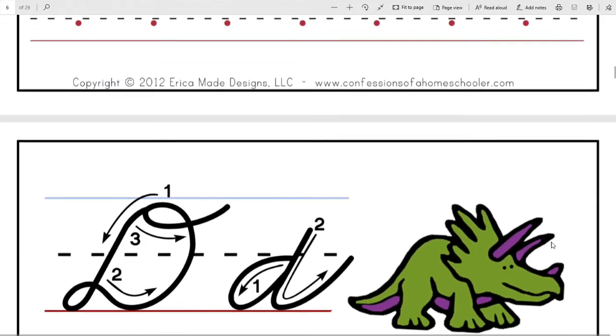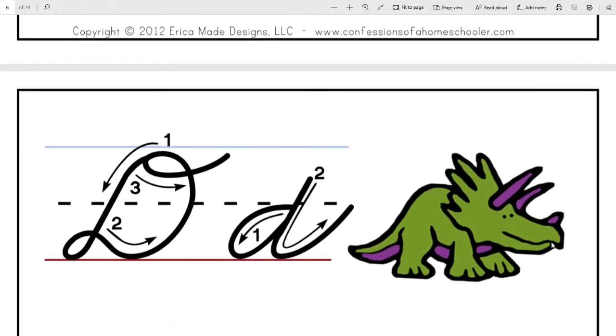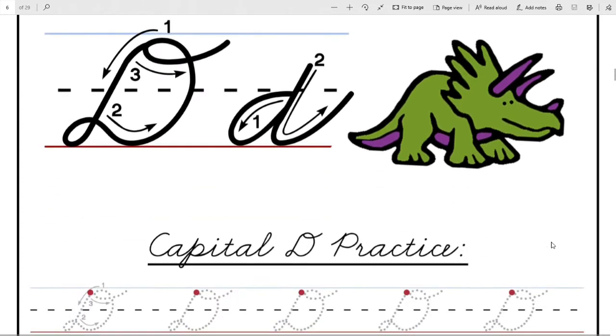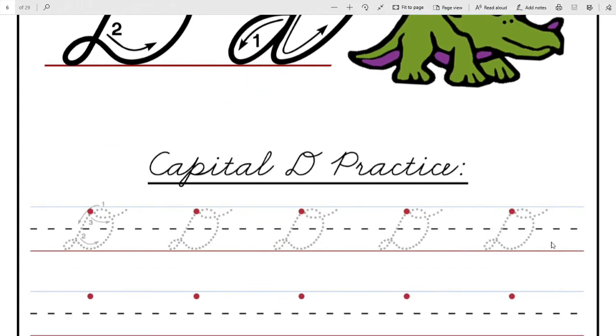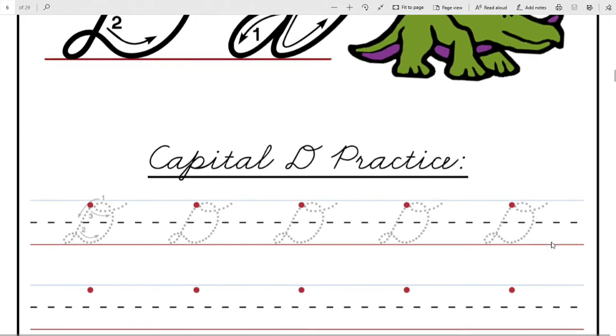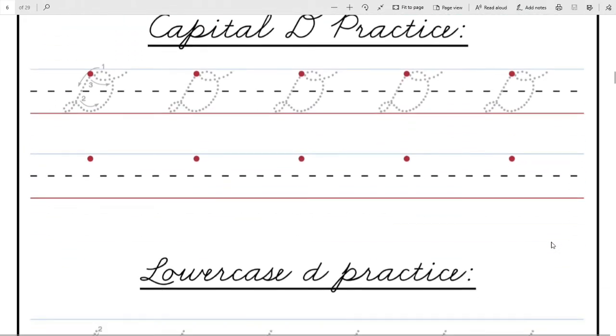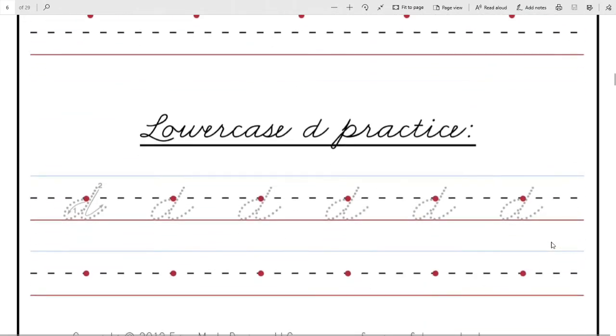Now, what is the next letter? You know children? Yes. What is the letter? D. What is the sound? Yes, you are right. D. See the picture? Dinosaurs. Okay. Now, see while writing how we write. This is the method we follow. And the uppercase, the capital cursive letter. And you see the lowercase, the small d.